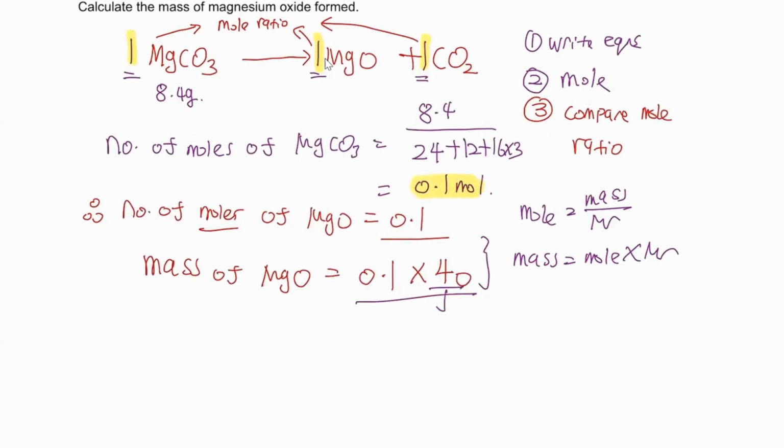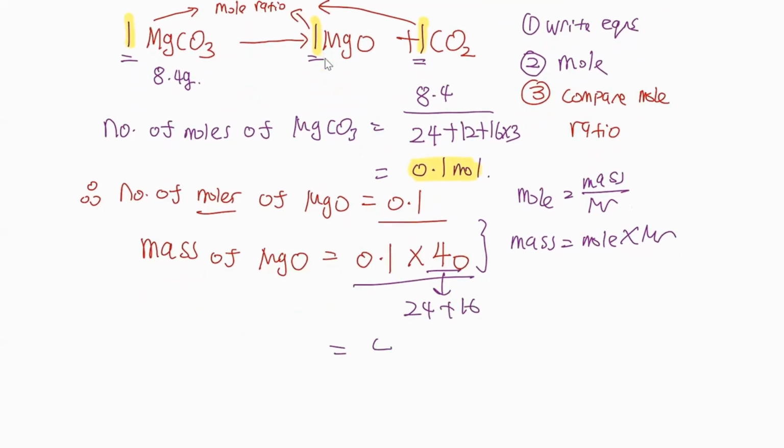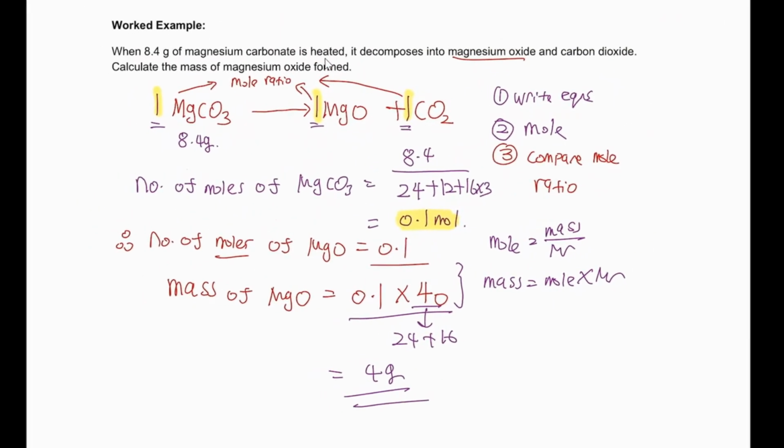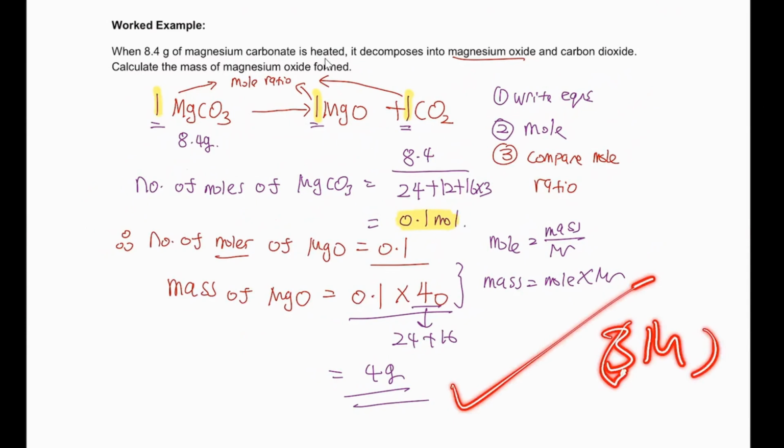And the 40 is because Mg is 24, oxygen is 16. From here, you should get 4 grams. That's the answer. Now, what you see here is a real typical examination question. The first time you do this question, your teacher will give you as high as 3 marks. And you find that this is a ridiculously simple question, okay? Because you can